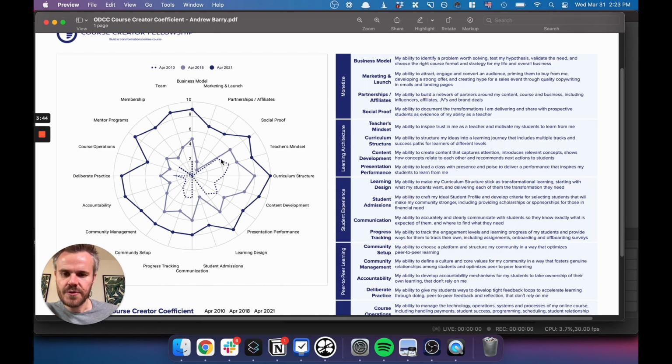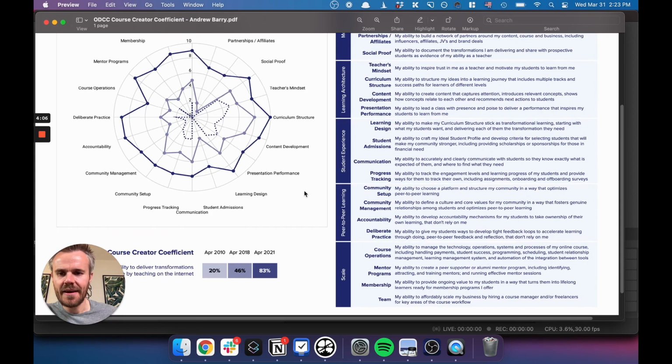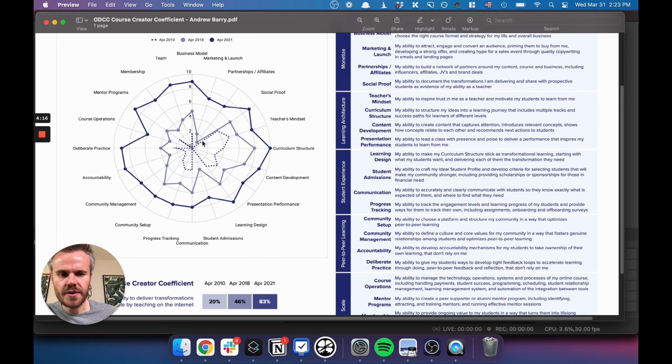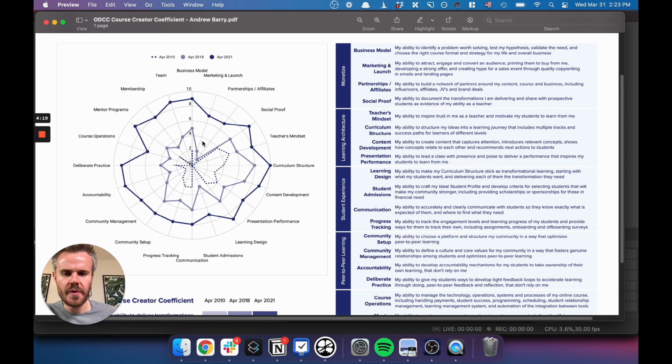And I think what's also interesting is if you look back in my history, it showed that I was always pretty strong in this area relative to where I am now. But especially when I was back at KPMG, I had absolutely no knowledge of the marketing and business side of it, of things like mentor programs, course operations, and all that, which is about scaling an online course. And so those had to improve rapidly, and thankfully those did. So yeah, let's talk through a bit more of these. I can give you a bit more color to it.